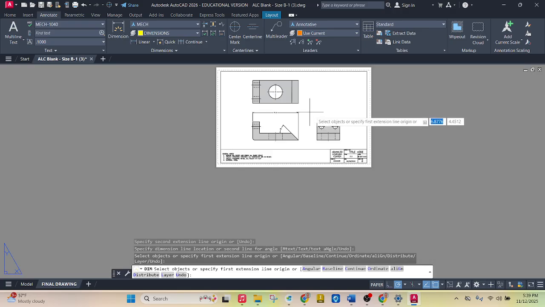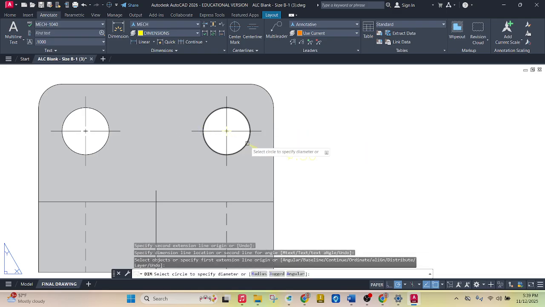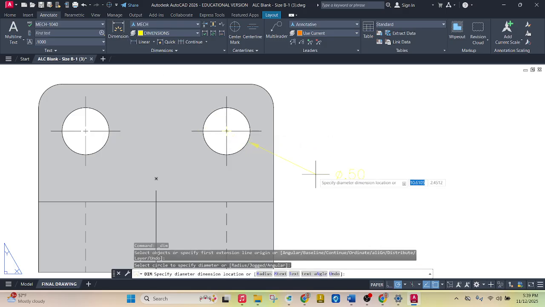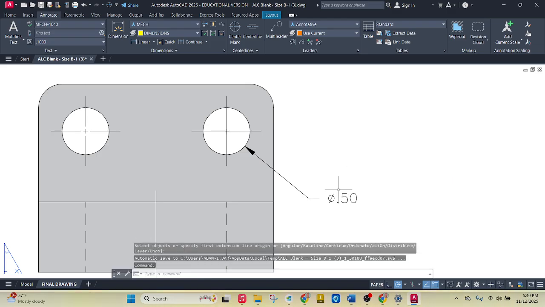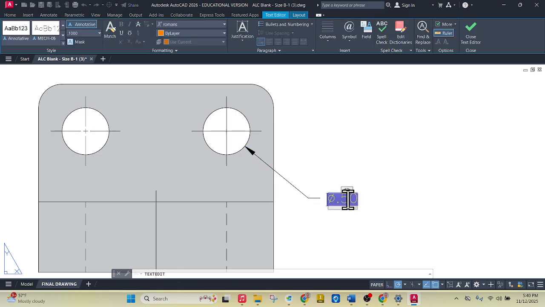Okay, and then diameter. This one's got some interesting stuff on here. I want these both to be the same, and I want to indicate that once without having to do two dimensions. So use dimension tool, click on this part, drag this over here, place it, and then just hit escape or enter, and then I can edit this. If I double click on it, well, hit escape first, make sure that I don't have any tools selected, double click, and then if I use my arrow keys to go right or left, I can type on the beginning or the back. And on this one on the front, we're going to type in all caps